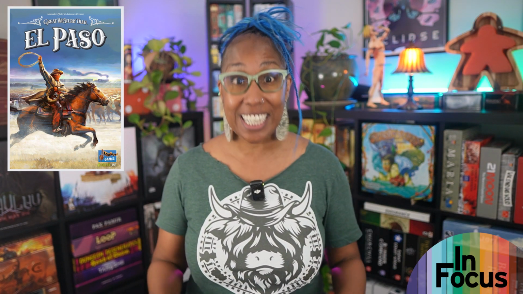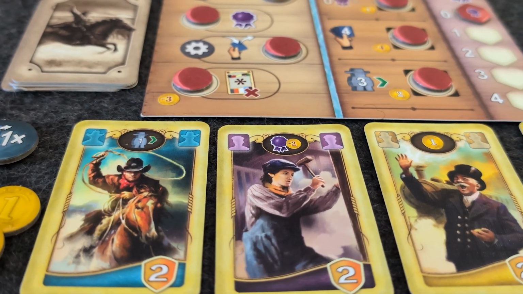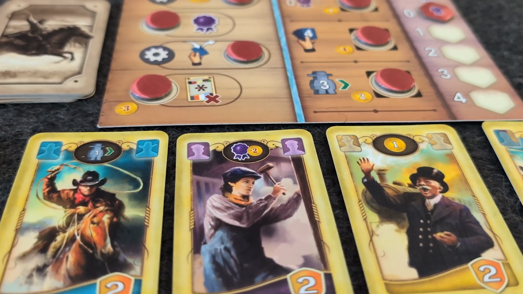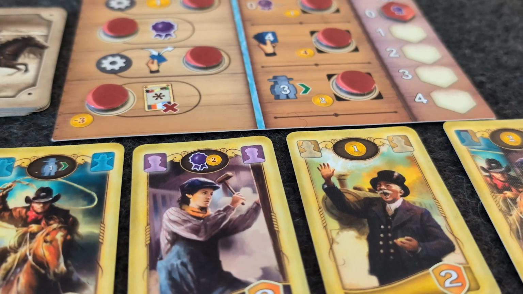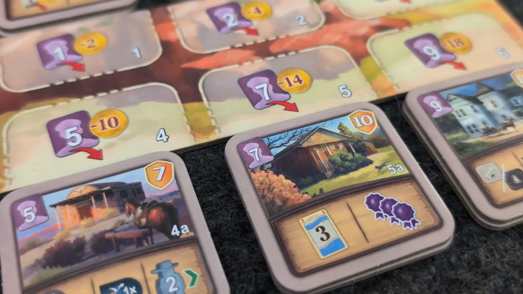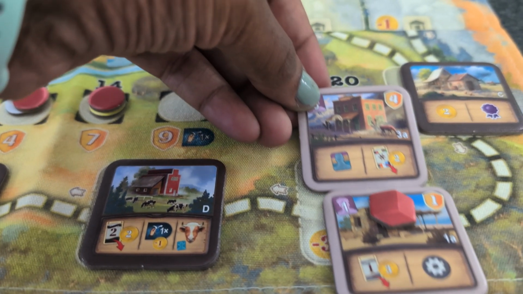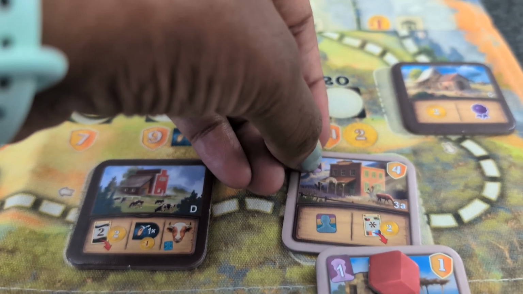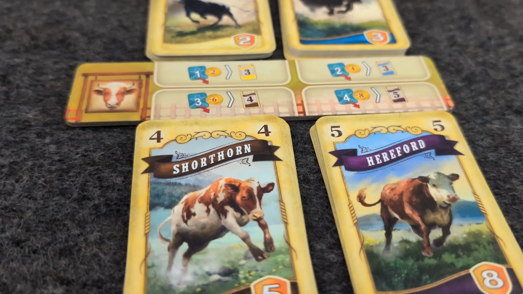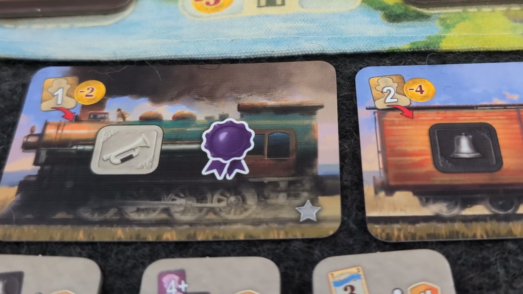But the biggest changes from the original Great Western Trail are related to the workers and the train. Instead of tiles, your workers are cards that you spend by discarding them into your personal discard pile to perform actions. As usual, your builders allow you to place common buildings on empty building spaces or replace one of your existing buildings with a fancier building. With your cowboys, you can buy more premium cattle from the cattle market, and with your engineers, you can use